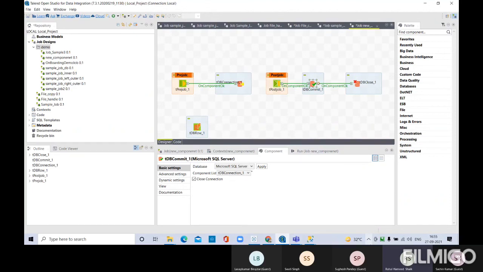In all the relational databases, whenever you perform DML operations, that means insert or update or delete, we need to perform commit operations. Then only the data will be saved in the database. Otherwise, it will not be saved. Whereas in DDL, if you execute a create query, you will not have to run a commit statement because it comes under DDL.